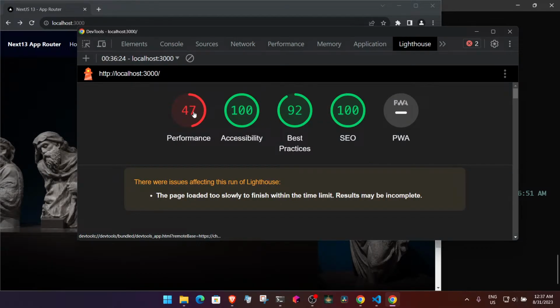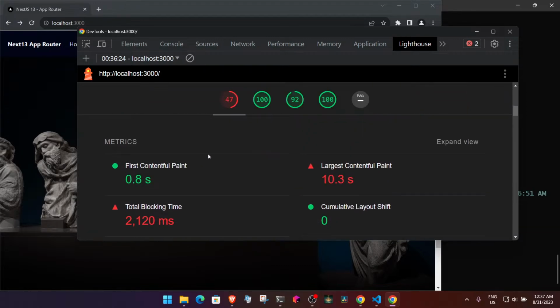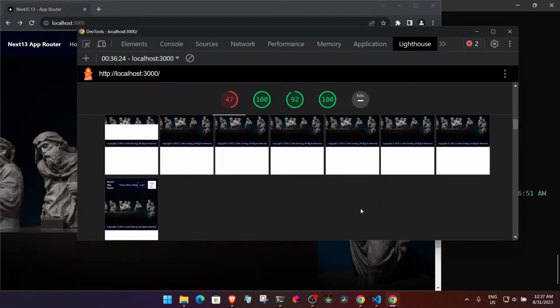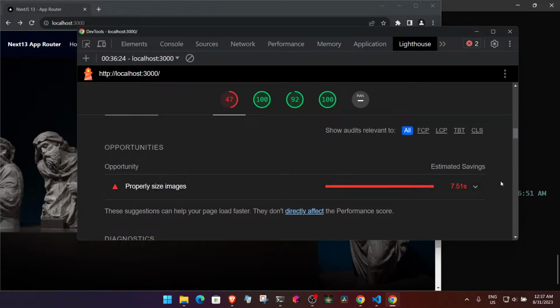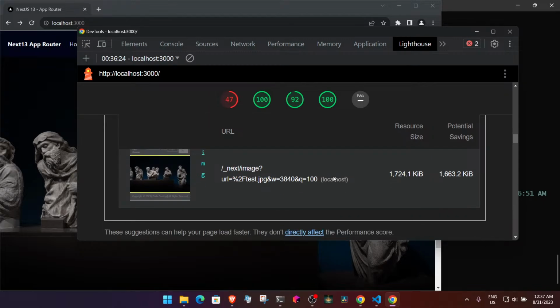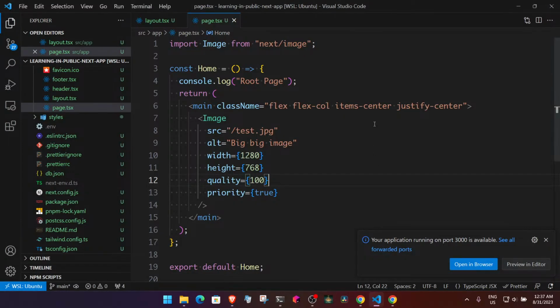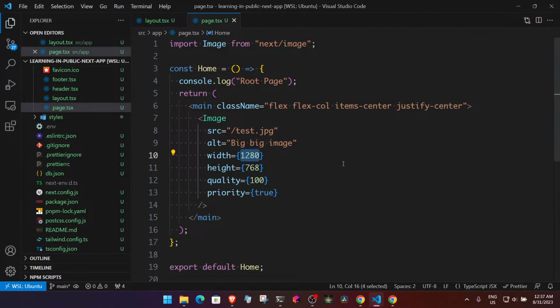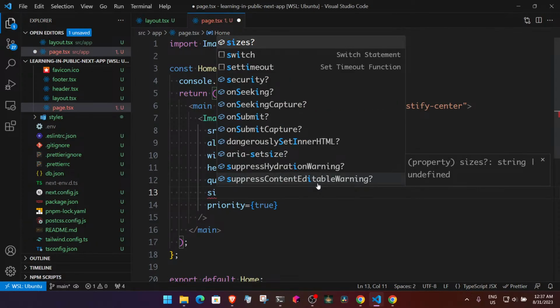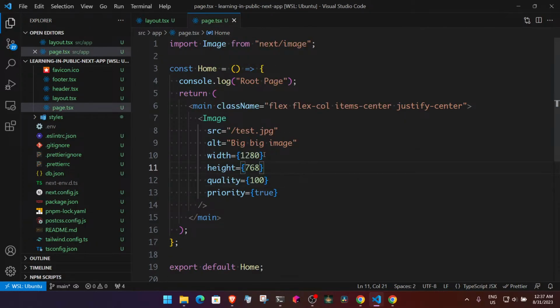So you can see it's still in the mobile, it will be 47. This is the problem, right? Properly size image. See, this is too big. Now in mobile, there's also some property called sizes. I won't go too much into it, but that's how you can actually define multiple sizes. Okay, you can define certain things, but if I just reduce this to say 480 by